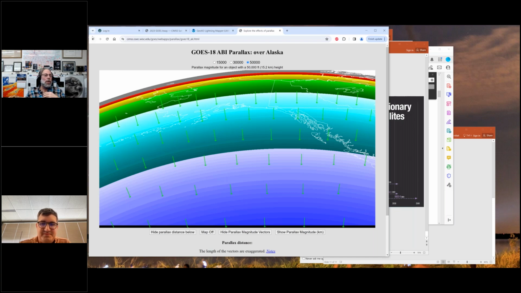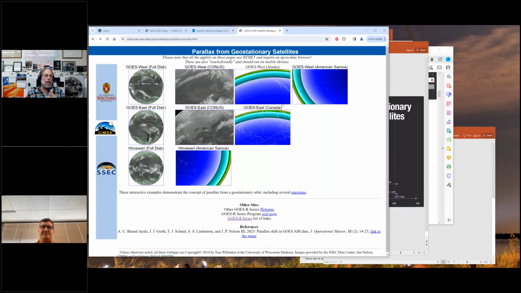So we have this for a couple of different regions, from East and West, full disk, some different sectors. So again, if somebody wants to get the concept and how to adjust things in their head, of course, it depends on where you're looking and which satellite you're looking from and how high your object is.